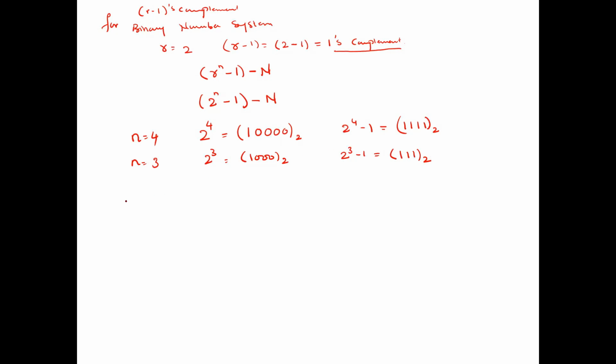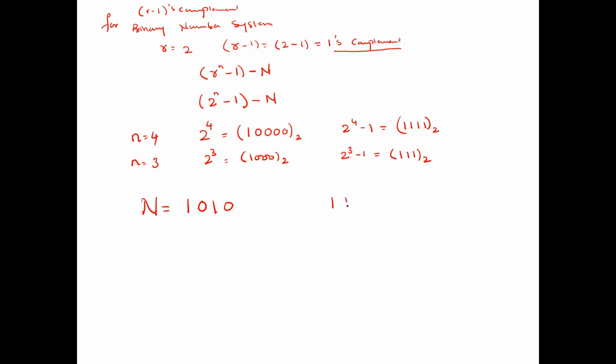Got it? Now, say for example, we will find out the ones complement of a given binary number. Say I am going to consider the binary number as 1010. Now, how to get the ones complement of 1010? How are we going to do it in decimal? Subtract each digit from 9 in the decimal number system to get the nines complement, right? Similarly, for the binary number system, if you want to get the ones complement of the given number, you need to subtract individual digits of the given number from 1.